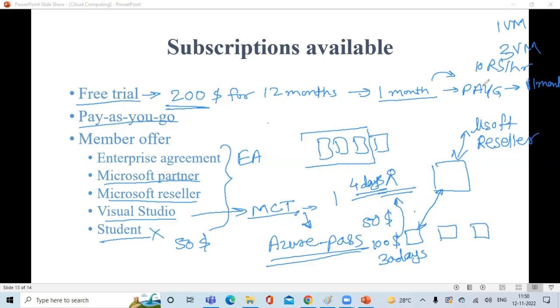So if you are upgrading to the pay-as-you-go account, some of the resources are still free of cost. Other resources will consume this $200 credit for, remember, 11 months. Got it? So they're basically giving us a credit of $200 just to use. Yes, just to use. Okay.